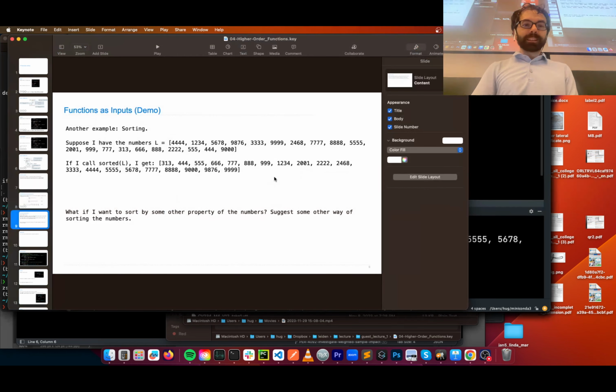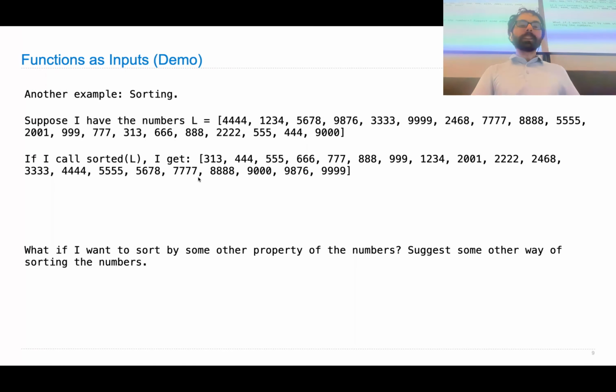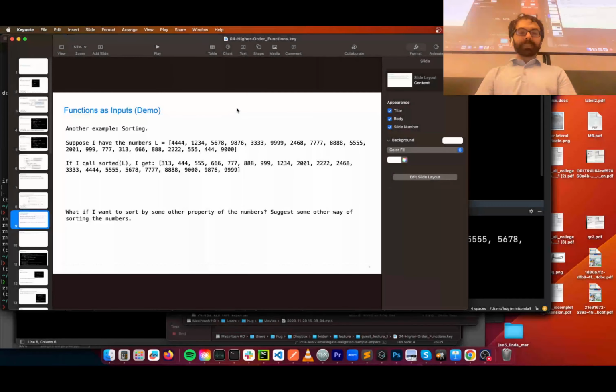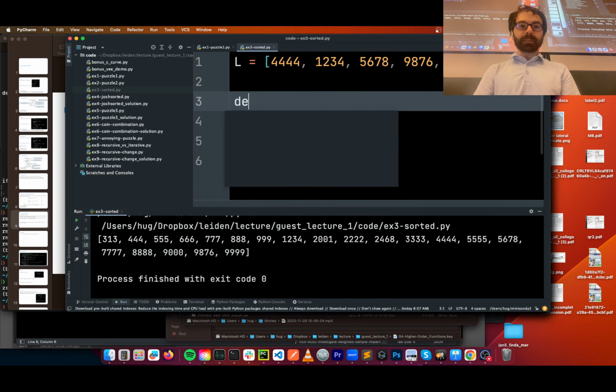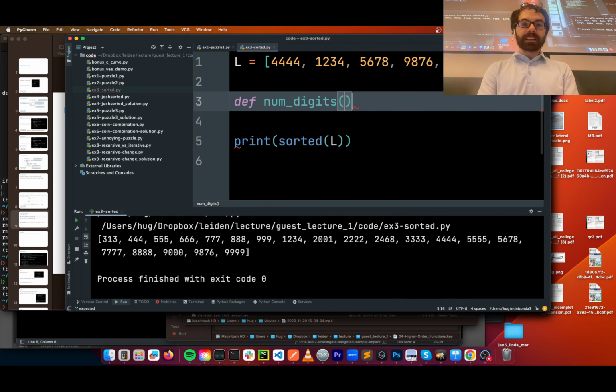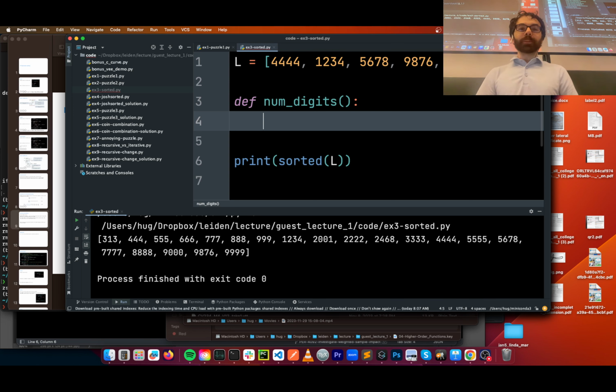Well, I will bring it together by saying, what if I don't want to sort the numbers in order? What if I want to sort by some other property of the numbers, rather than which one's bigger? So I don't know, someone give me a way to sort numbers that's different than which one's bigger. What's that? Number of digits? Okay, that sounds good. And I'll do another one, sure. So I'll start with number of digits. So if I do def num digits, I'm going to write a function that tells me how many digits are in a number. Here's x. And how do I know how many digits are in a number? Anybody want to suggest the laziest possible way to do this? What?